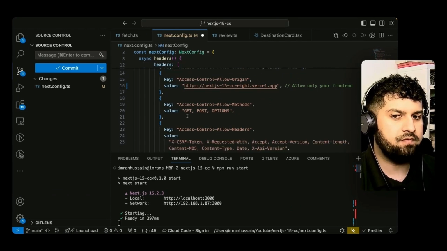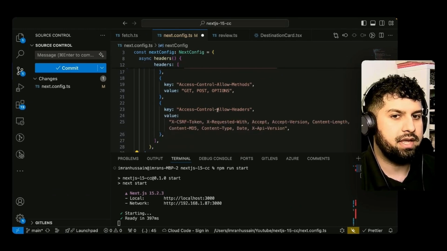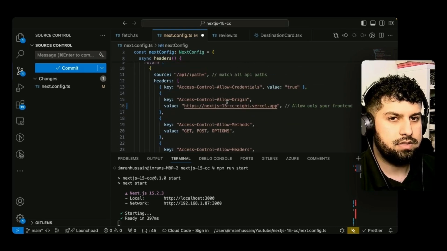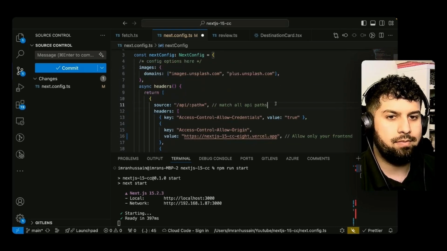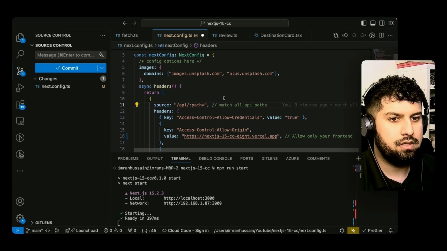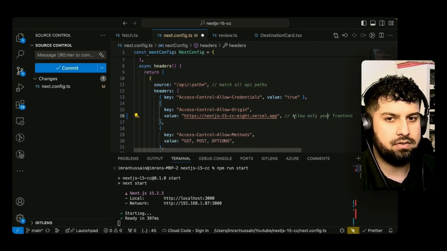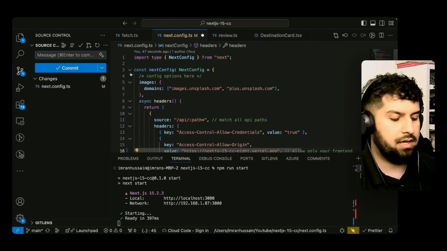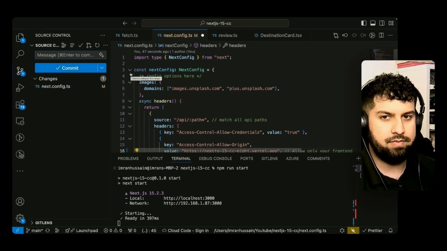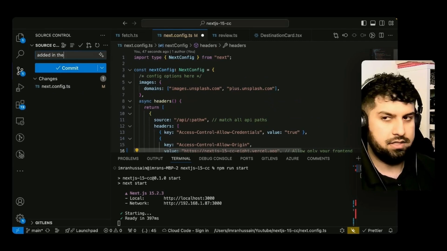We're allowing the methods of get, post, and options, and again allow headers in here. So that's everything. And then again, we want to match all API paths in here. So now what we just want to do is allow only the front end of our application. So in here now, all we need to do is add in the commit message saying added in the headers